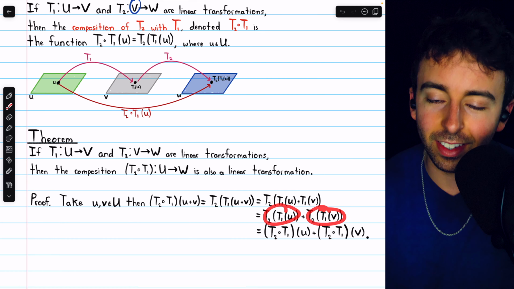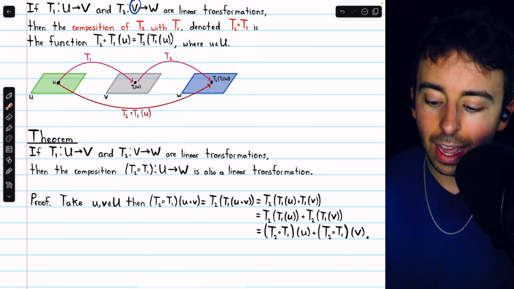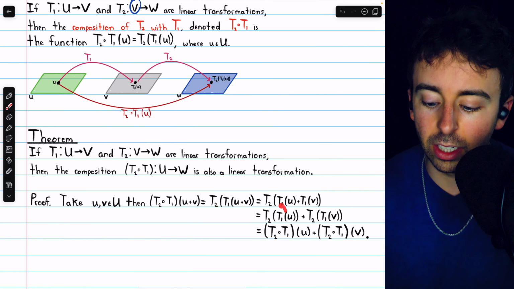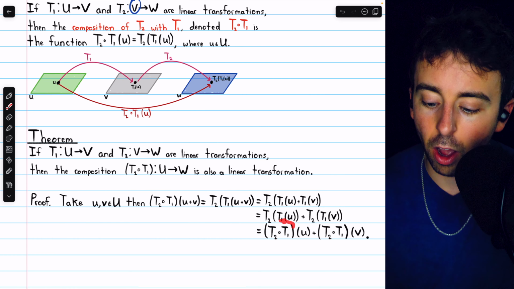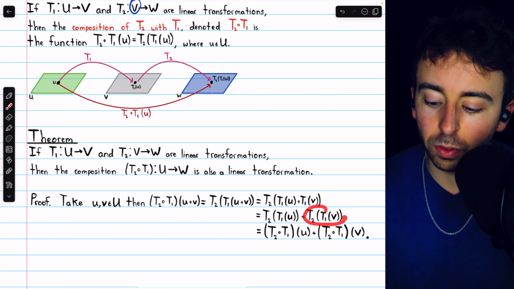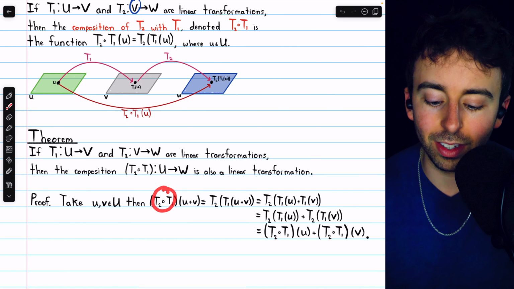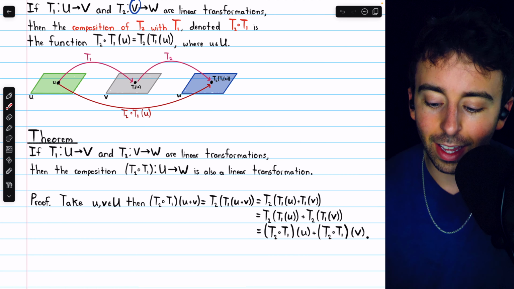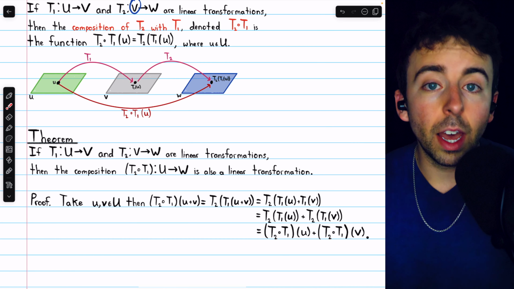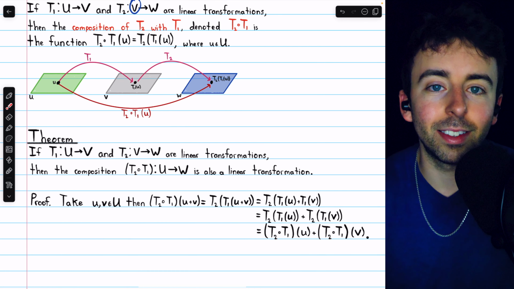Now, each of these is itself, by definition, a composition of T2 with T1 evaluated at u and evaluated at v. So T2 of T1 of u, by definition, is the composition of T2 with T1 evaluated at u. Similarly, T2 of T1 of v is the composition of T2 with T1 evaluated at v. And so we've shown that the composition of T2 with T1 evaluated at u plus v is the same as the sum of those images evaluated separately. Thus, the composition of linear transformations satisfies the additivity property,